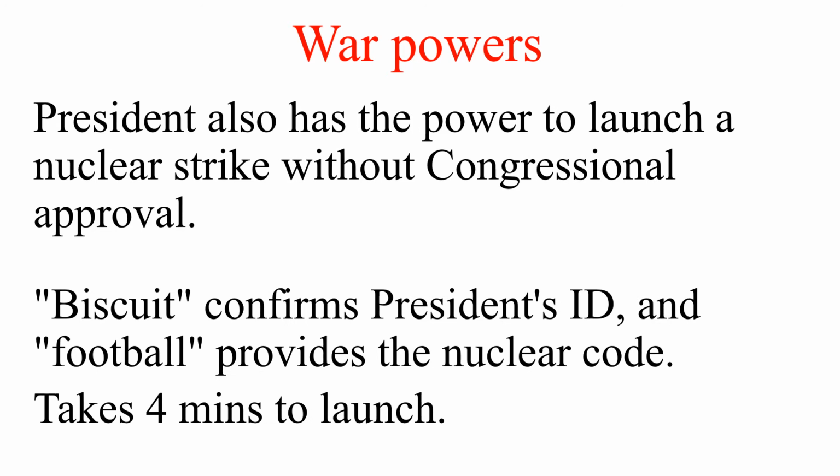The president's perhaps more important power in terms of war powers is the power to launch a nuclear strike without congressional approval. This is an enormous responsibility. Congress does not have to approve it because the founding fathers thought that this type of power has to reside with the president because of the time sensitivity of the attacks that the nation might face. So accordingly,